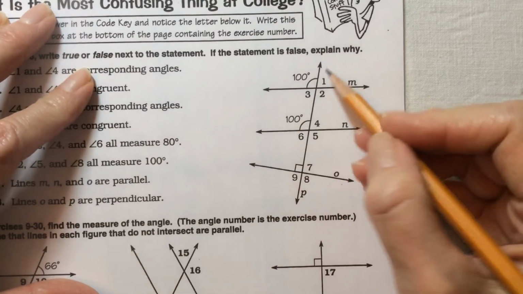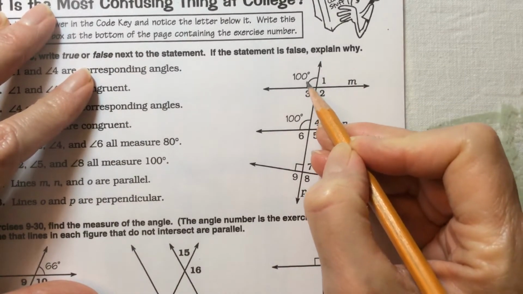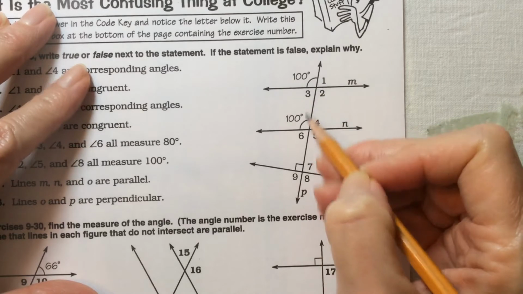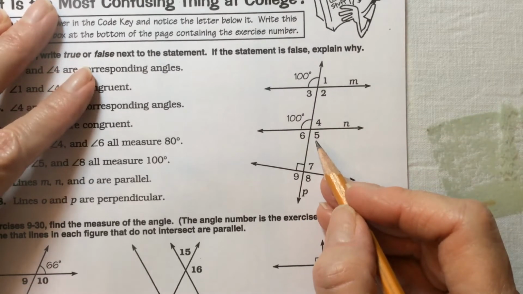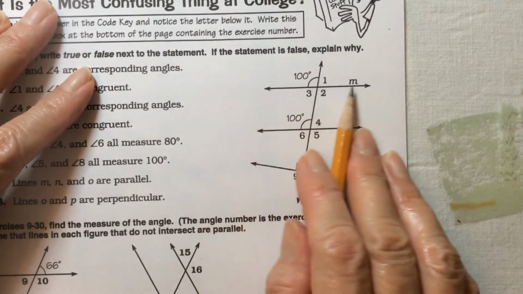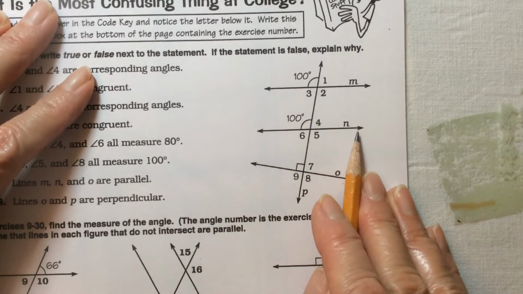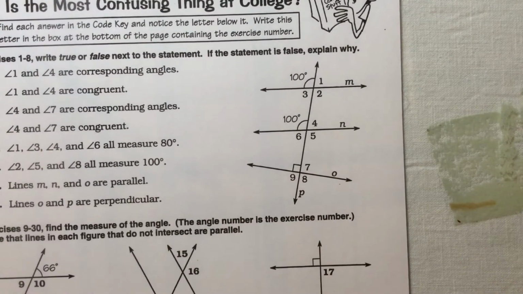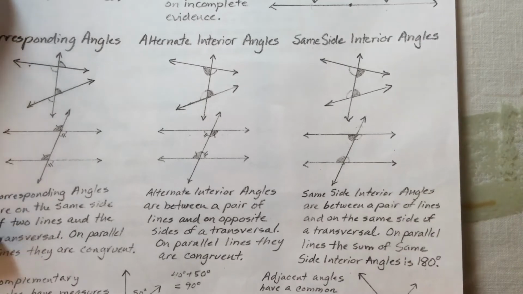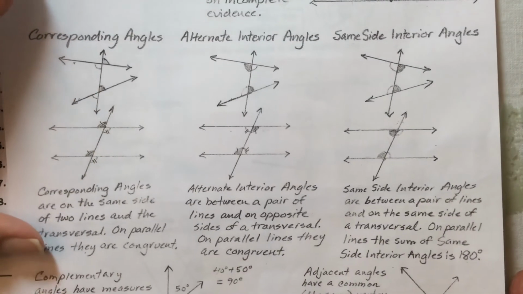Here it says that this angle is 100 degrees and this angle is 100 degrees. And it also appears that these lines are parallel. So let's take a look at some of the relationships that it will be important for you to know about